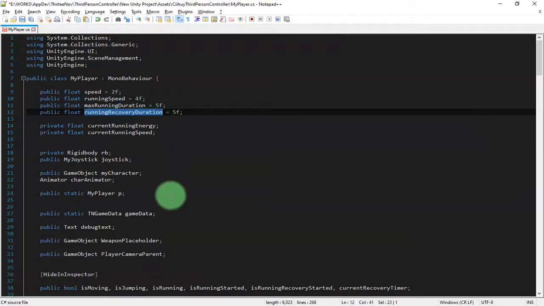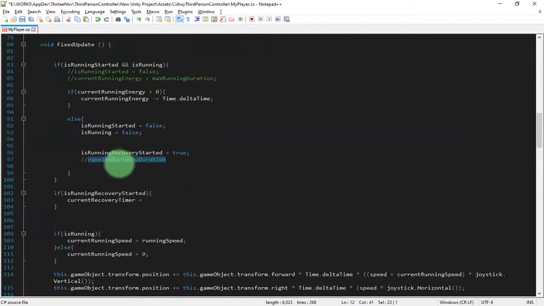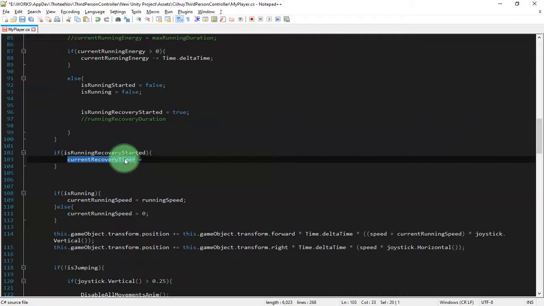Yeah, I will need another 5 seconds to recover to be able to run again. So its value should be runningRecoveryDuration.